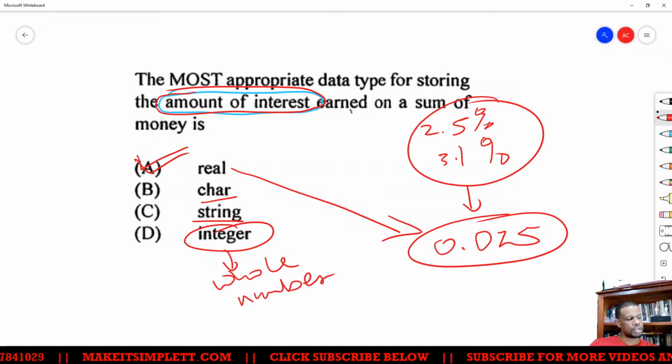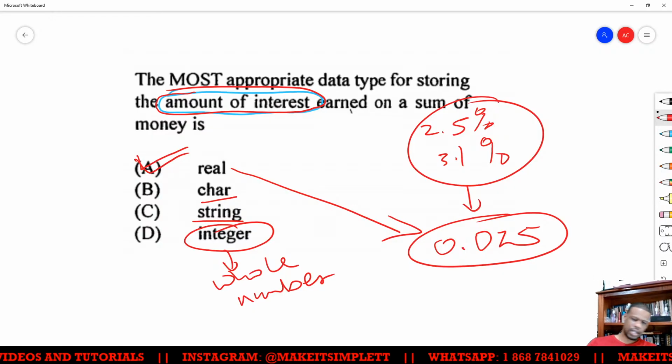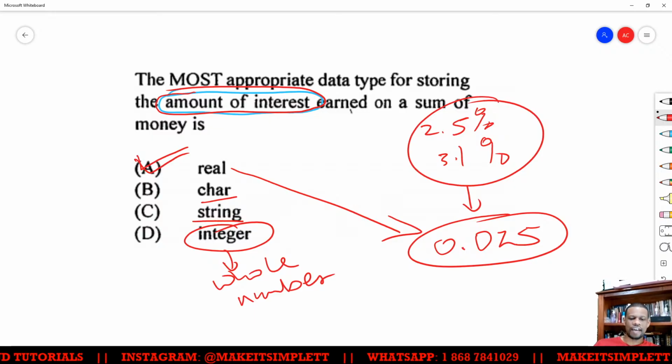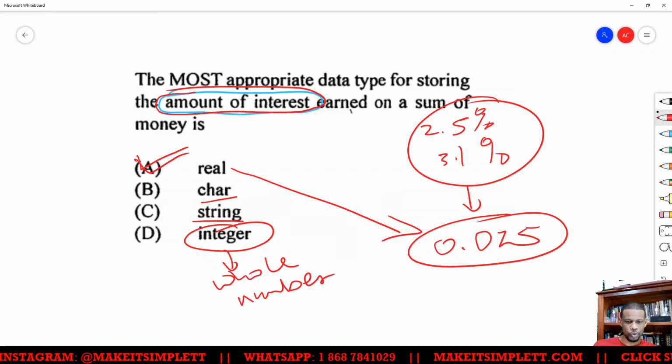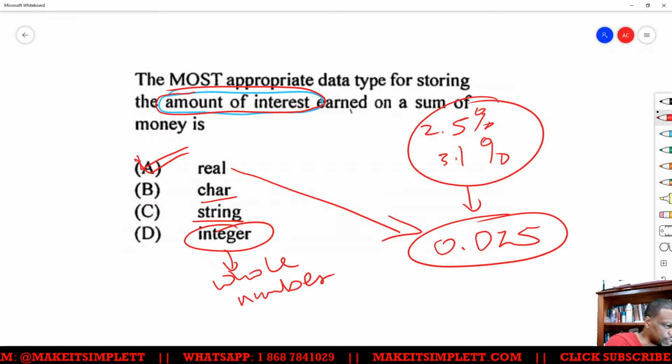So real, double, and float, all of them are the same thing. They all hold decimals, just that they could hold more decimals sometimes. Real will probably hold like 5 decimal places. Double will hold like, I don't know, 12 or 15 or some kind of thing like that. And float will hold 8 decimal places or something like that. I can't remember the exact numbers, but just remember, you have integers, and then you have real, float, and double. You can see any one of them. Sometimes it has floating point.